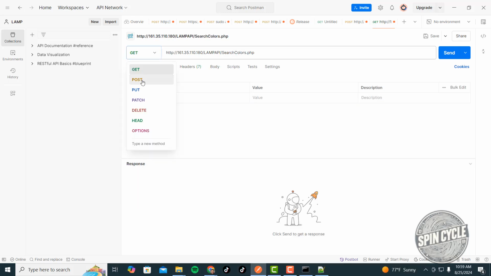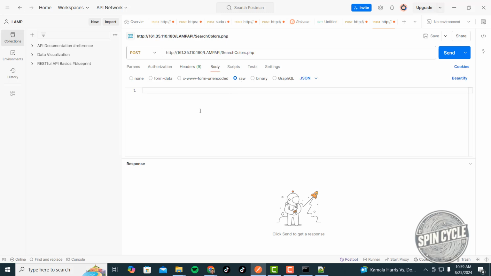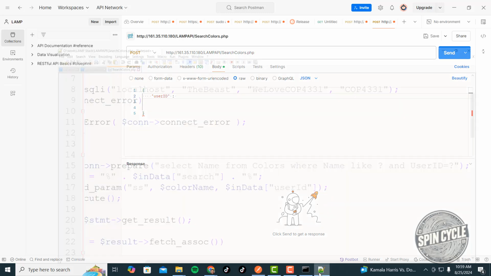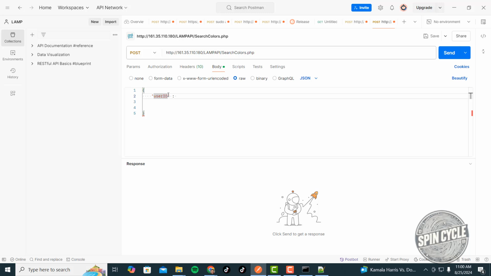Okay, so here we are. We're going to go ahead and do a search. We're going to say content type JSON, application JSON. We're going to go to body raw. We're going to say user ID. Notice that it is definitely going to have to match what I've got, and I'm going to show you this. What I've got here, actually, it should be user ID, lowercase d. So let me go ahead and match that. Okay, so let's say one